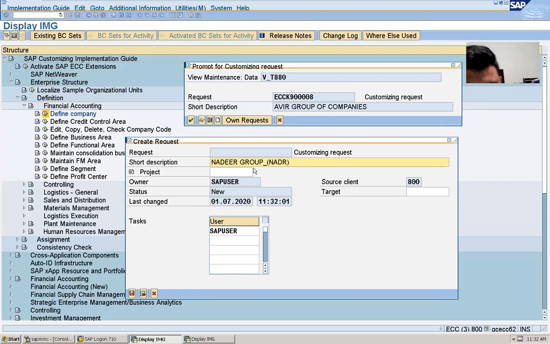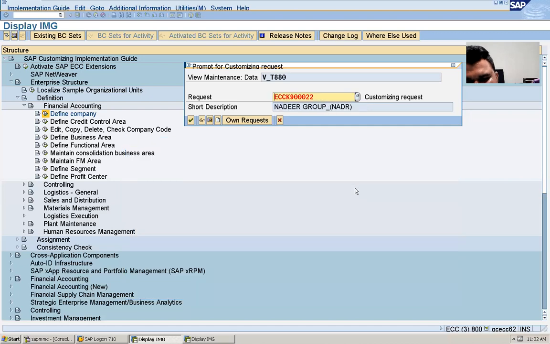So this is a short name, Nadir Group, NADR. Short description should be like this. See, the request number is auto-generated, so it is logged by SAP. It is in blue color. You don't have to do anything. Just click this Create Request.